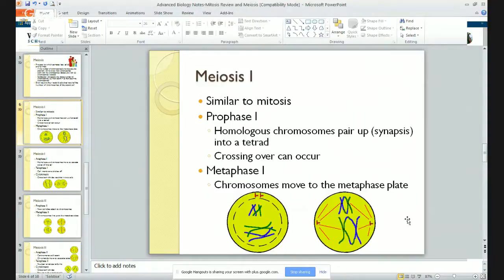Then we're going to move into metaphase 1, where you are going to get your chromosomes to line up at the metaphase plate. Now they're going to line up to where one pair or one part of each pair is on either side, because the division is going to occur this way, from the top to the bottom, not straight across